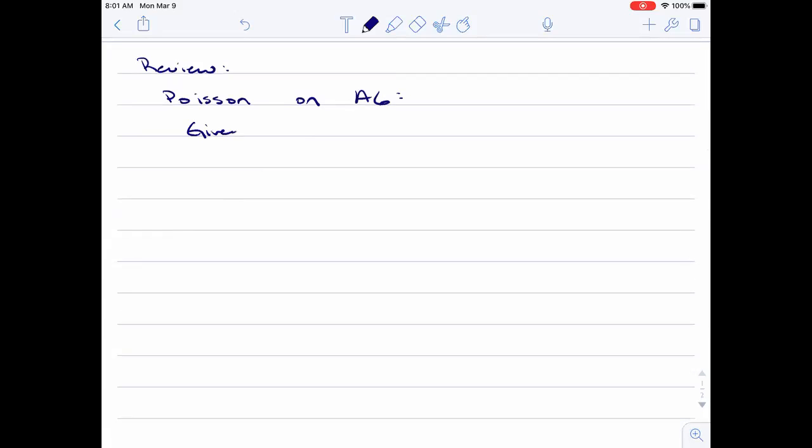So, by request, a little Poisson warm-up. Let me see if I can remember what the assignment question says. It does give you the rate, but it's a little bit weird, right? Just as a little bit of review, Poisson on assignment 6. It gives the rate,